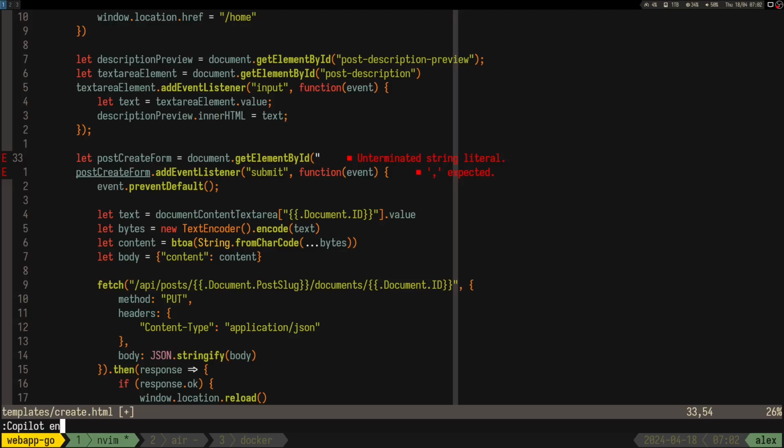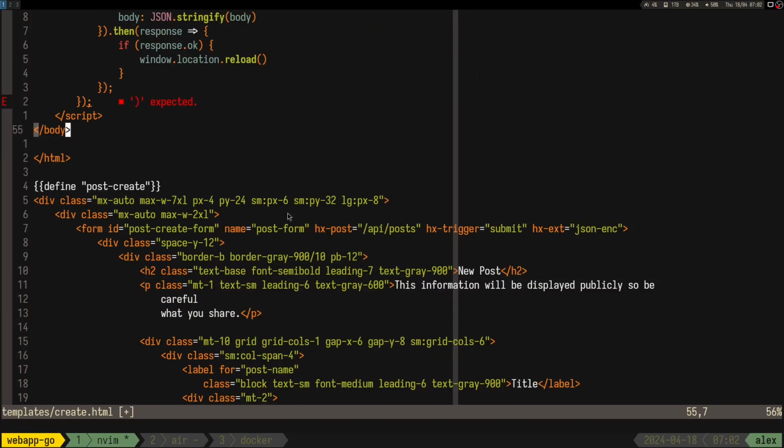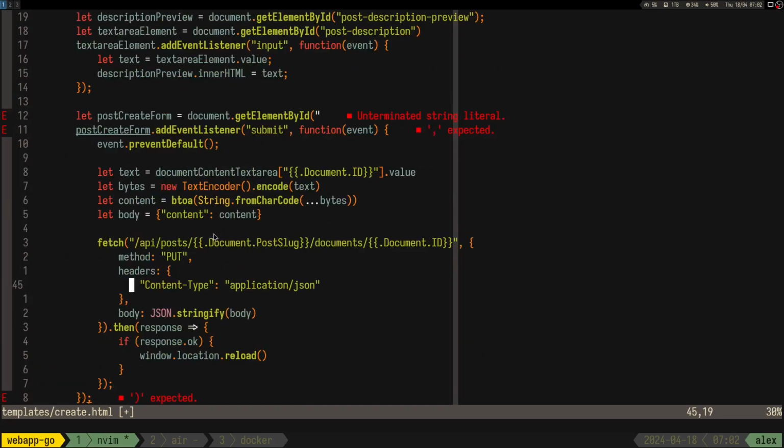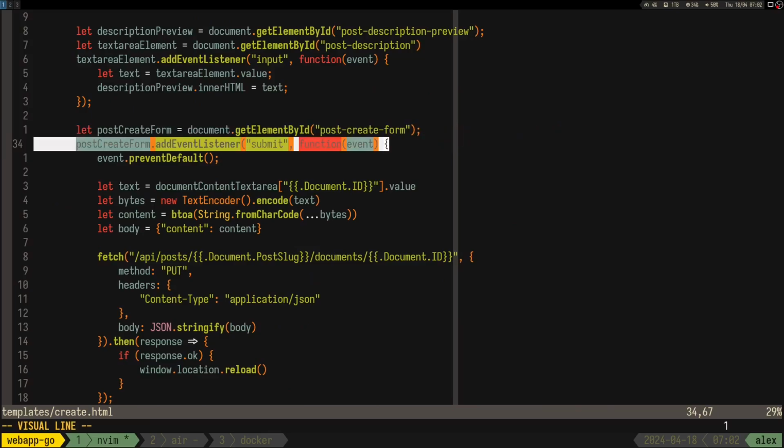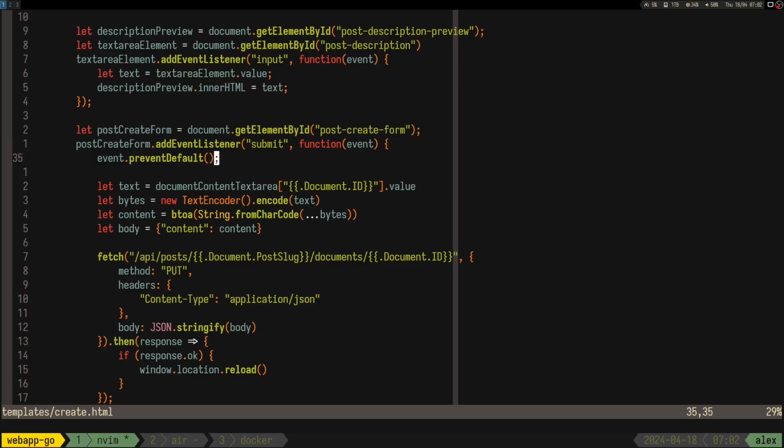You know what? I mean, having Copilot for this thing is nice. So post create form, that's the ID. Alright, so we have it, and when we have a submit on it, we want to prevent default, whatever, then